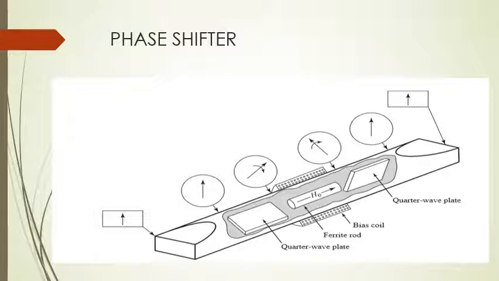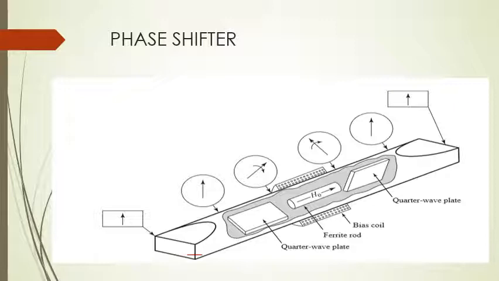Now, how do I use a rotatory phase shifter? First of all, we are using a rectangular to circular transition. How do I know that? This is a rectangular box and this is a circular transition being used over here. Here again, at the rear end, a circular to rectangular transition is used. Remember, rectangular to circular and circular to rectangular transitions are used to avoid reflection losses.